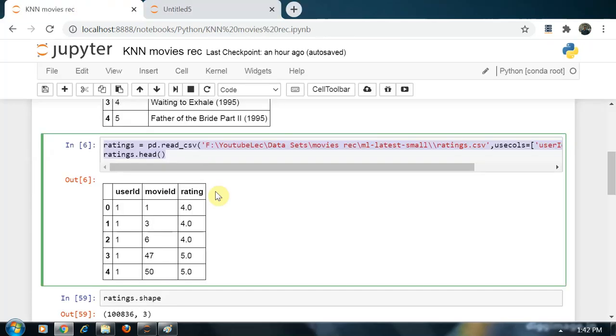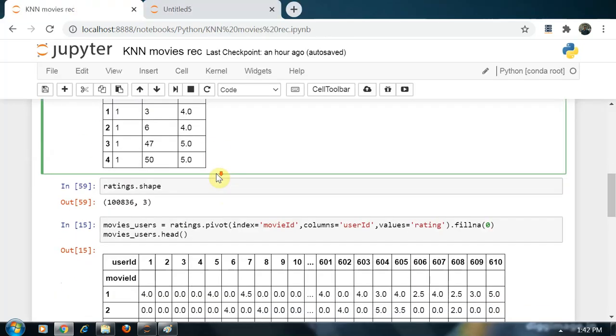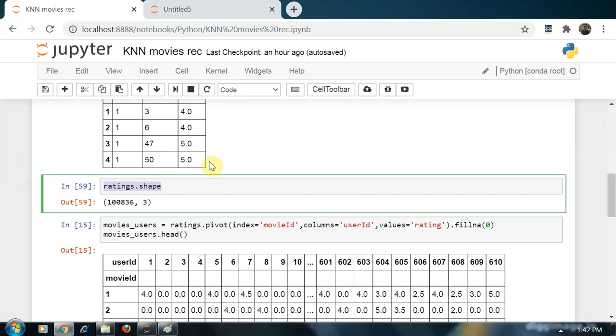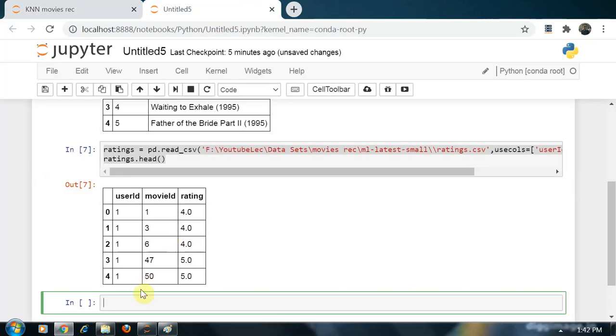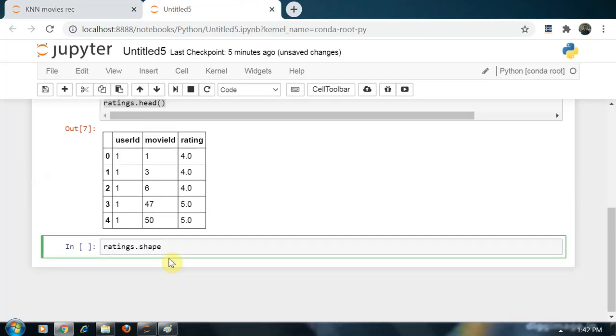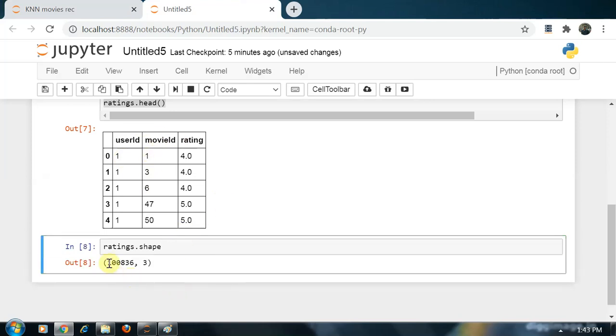Now we'll look at the shape of our data frames. If I see the shape of my ratings data frame, it is a big data set. You can see more than 1 lakh rows in the ratings data frame.